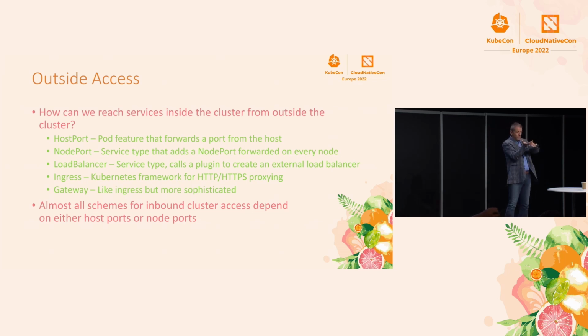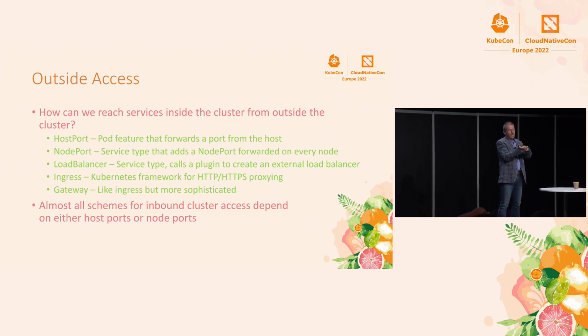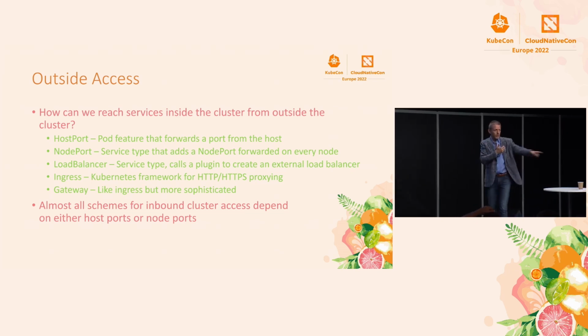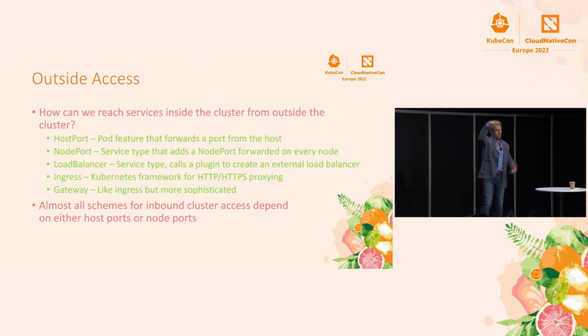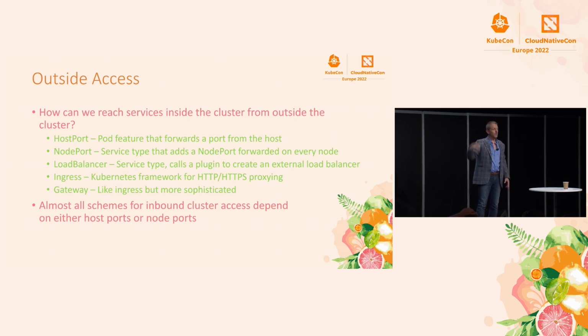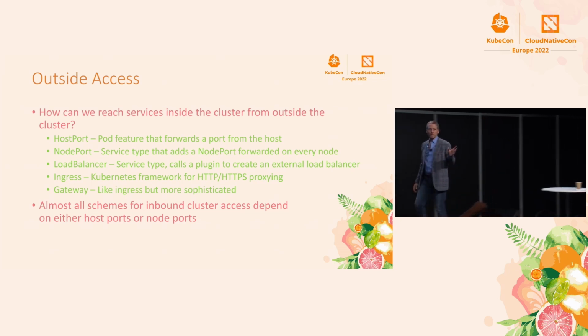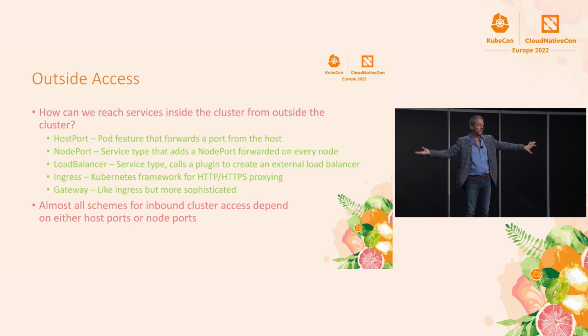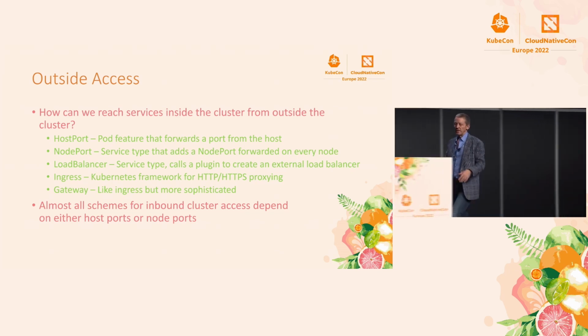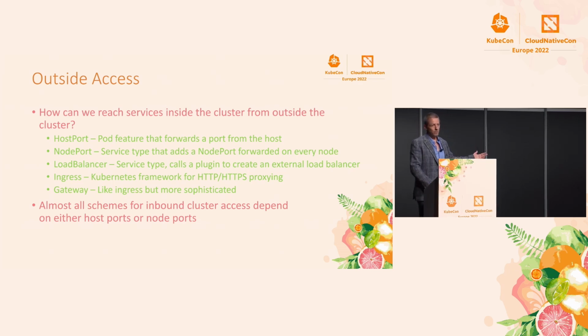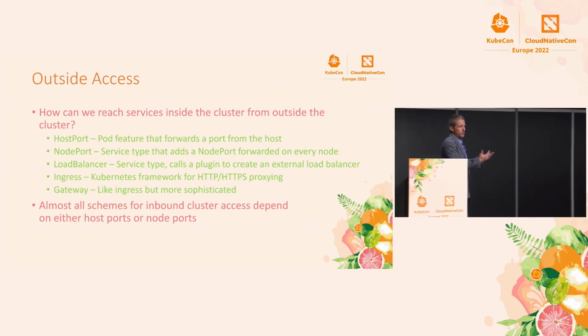And so load balancer is 3 hops. You hit the load balancer, which is a real device or a logical thing, right? And then it hits the node port on one of the machines, and the 3rd hop is back to the pod. So it's a hierarchy, and each one's more expensive. You've got to decide what you want to do. Load balancers are nice because you can give them a DNS name out on the internet, for example, and you might have a hardware replication of them. There might be like 7 of them, so if one fails, HA and all that. So load balancers are good for external access too, but they're typically based on node ports. They get into the cluster through a node port.